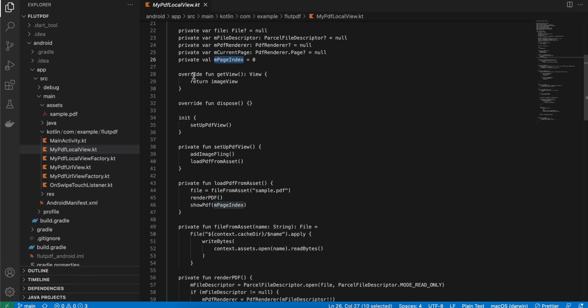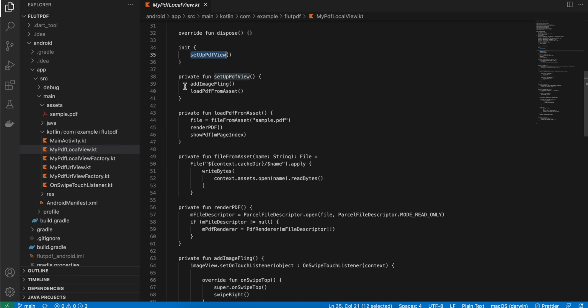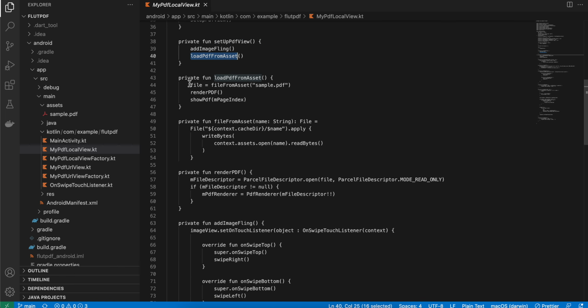Instead of this overridden get view method, we are returning the image view. Here we are setting up the PDF view, and we are adding this add image fling and load PDF from asset. Here you can just give whatever your PDF name is, whichever you have added in the sample in the assets folder. Also make sure you add this PDF inside the assets folder itself, otherwise again you will face a lot